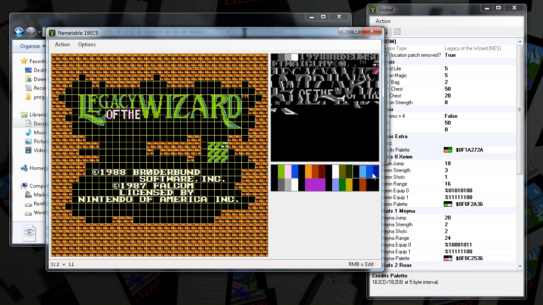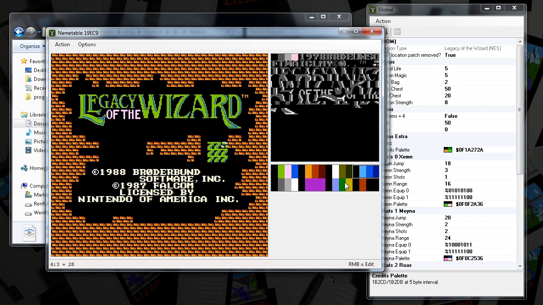You can show a grid here. Every 16 by 16 area has a single color palette, so it's one of these 4 palettes. These 4 are for sprites, so these won't affect the background, but these 4 you can draw with the background. So I could take this one, which will correspond to this color, and I can draw wherever I want.